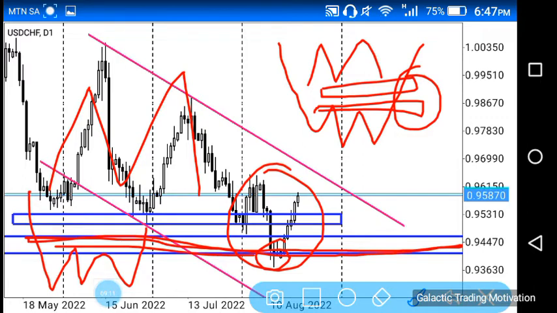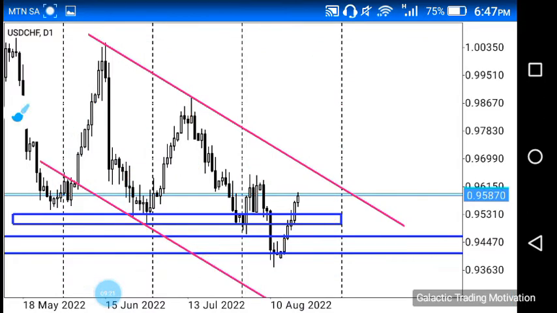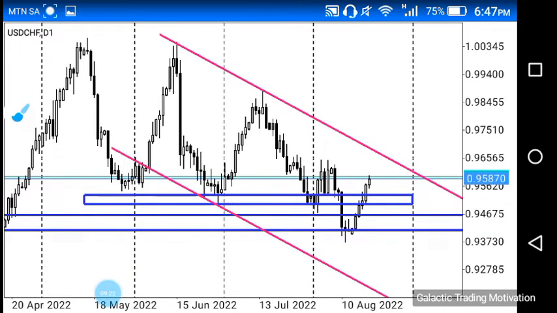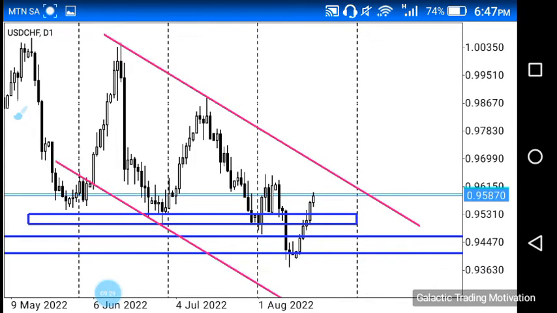Nonetheless, let's keep moving down to the smaller time frames to see if we can get away with either buying or selling at this level, as risky as it is. So yeah, let's go down to the H4 chart. So seeing that there's not much of interest on this particular chart, which is the daily chart, however, before we head down to the H4 chart, I just also want to point out that at this level